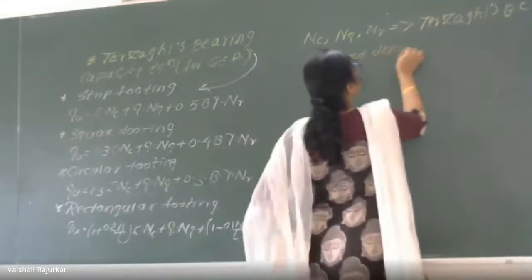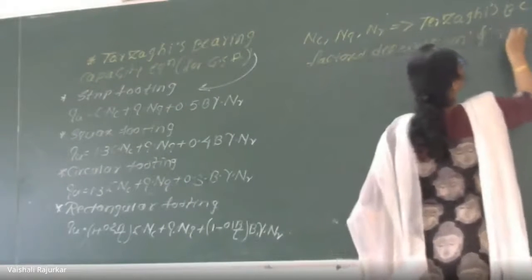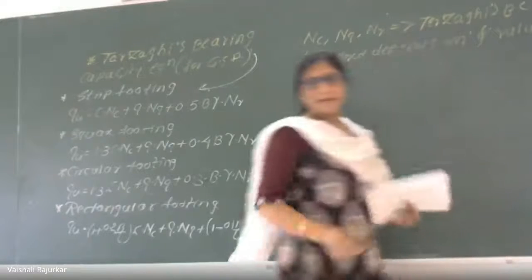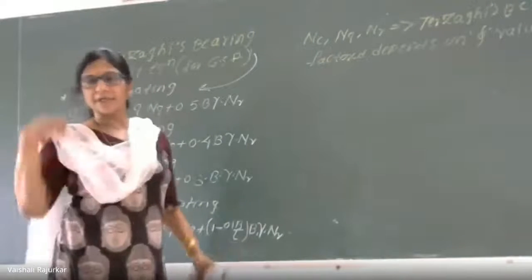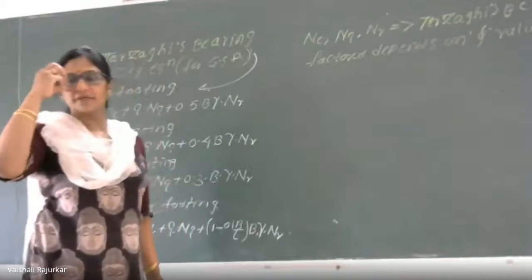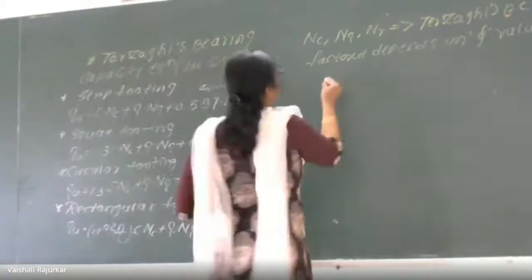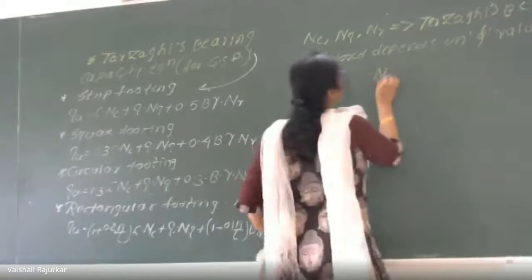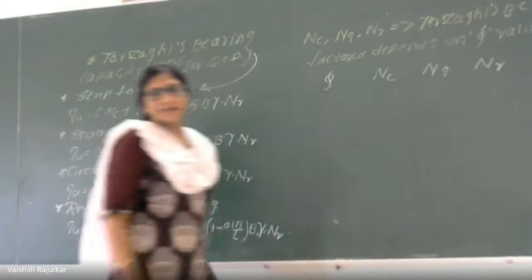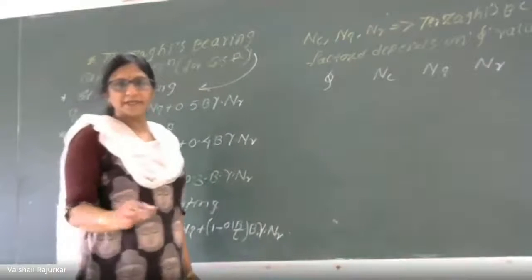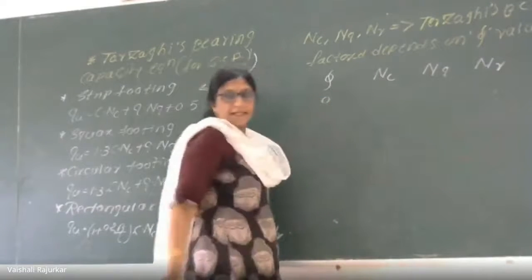The Terzaghi's bearing capacity factors depend upon the phi value. So, some of the parameters I will give to you. Many times in the examination, directly the NC, NQ, and gamma are given, or the values for different phi values are given. So this table may be given in the examination, and if the table is not given directly, the values may be given. If the phi value is 0, then NC is